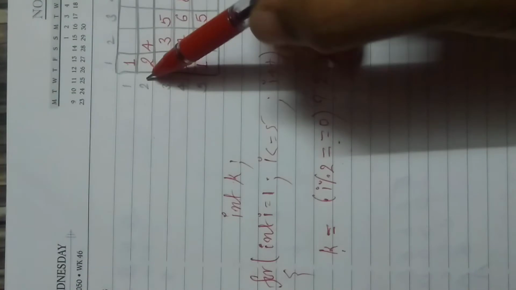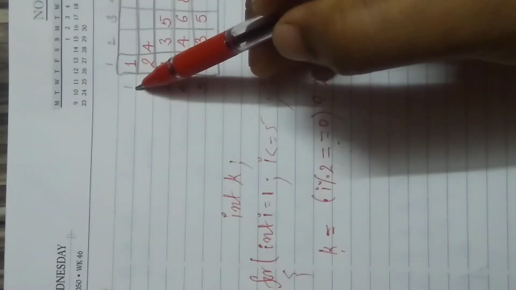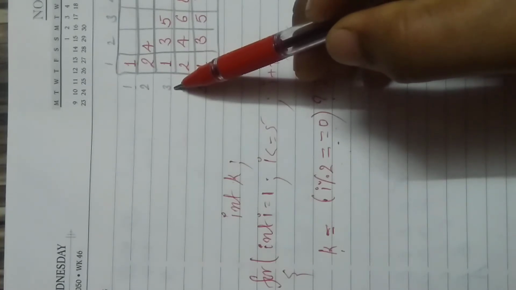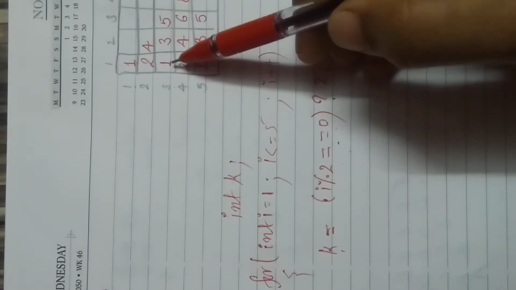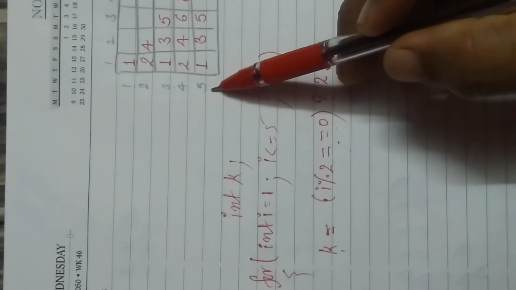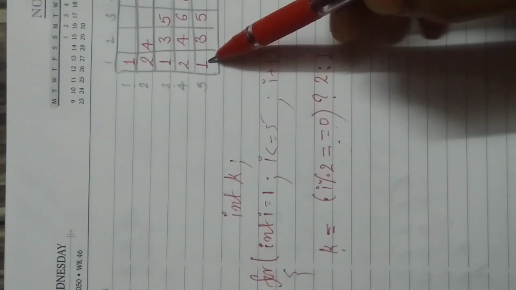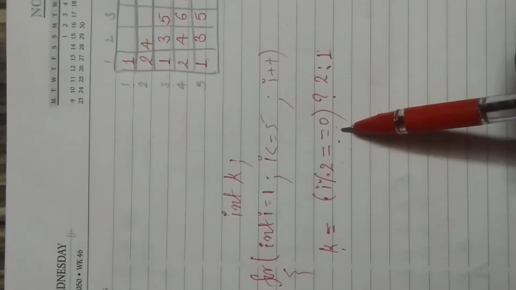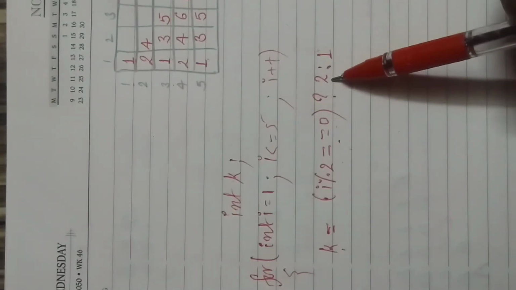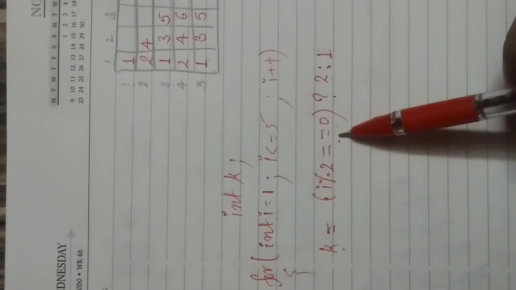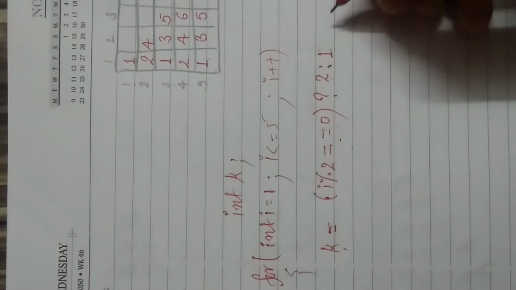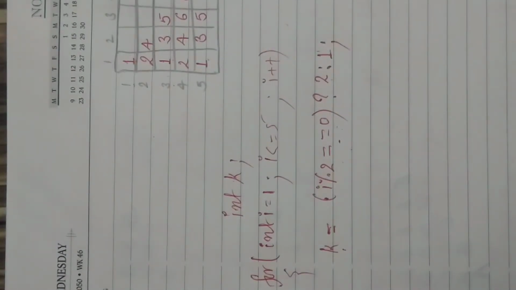your number is not even, it is odd. If I value is 1, an odd number, it will start with 1. When your I value is 3, odd, it will start with 1. When your I value is 5, that is odd, so it will start with 1. So here I am writing simply: if this condition is true, k value is 2. If your condition is false, k value is 1. Clear? After this, semicolon.